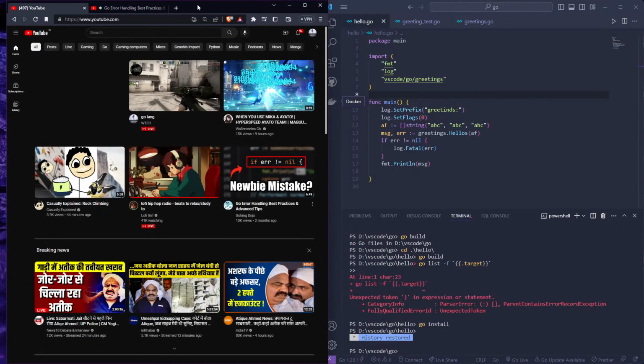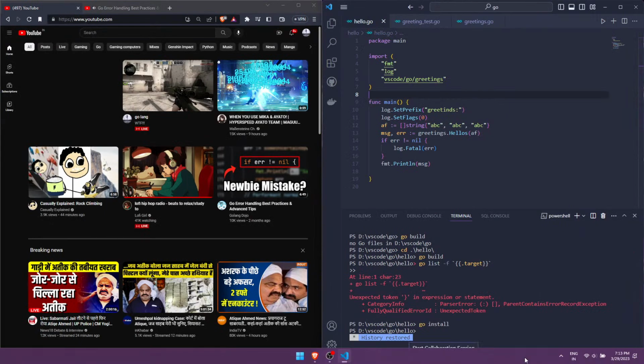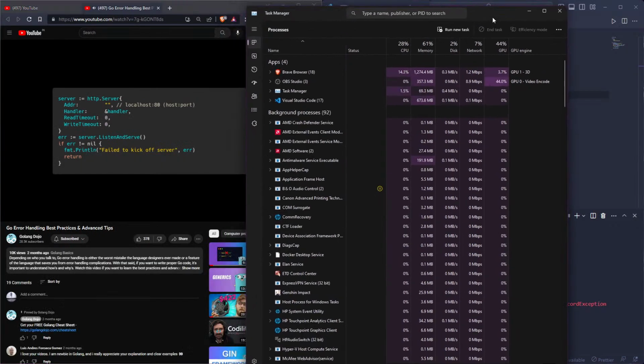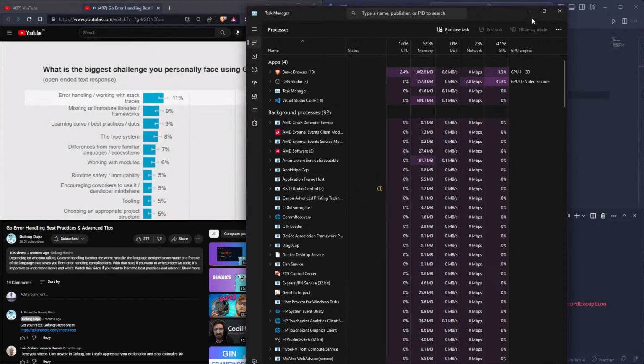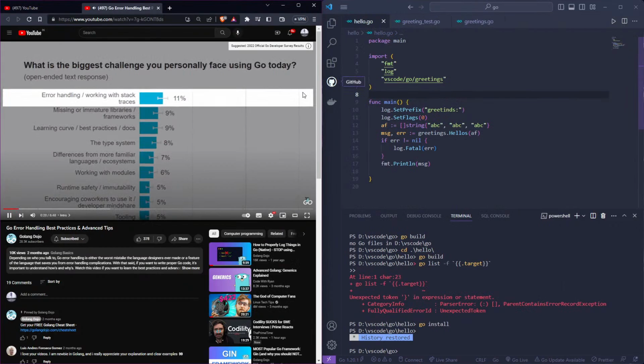Error handling is a huge part of writing Go code. Read a file, it spits out an error. Set up a database, it returns another error. Bring up a server, it gives us back, again, an error. Additionally, error handling remains one of the most controversial language design decisions the Go team has ever made